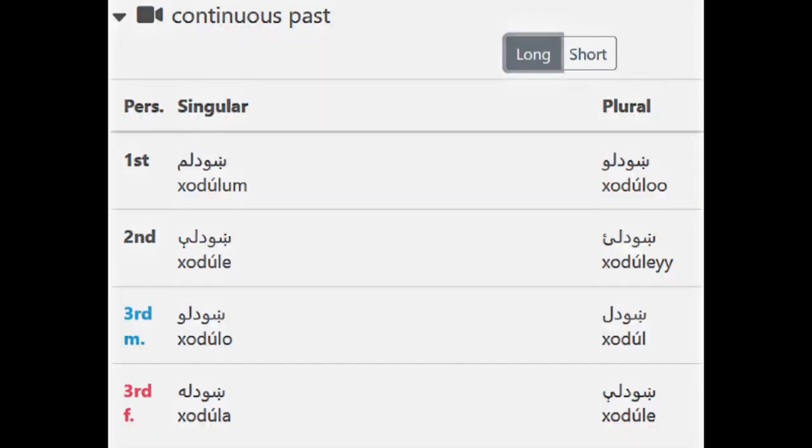Just a reminder that here are all the verb endings for chodel in the continuous past tense. We're just looking at two of them today. Chodelo, masculine: plat chodelo. Feminine, chodela: zamaka chodela. Ma warta plat chodelo. So the king is running the sentence. That changes. We talked about that earlier.